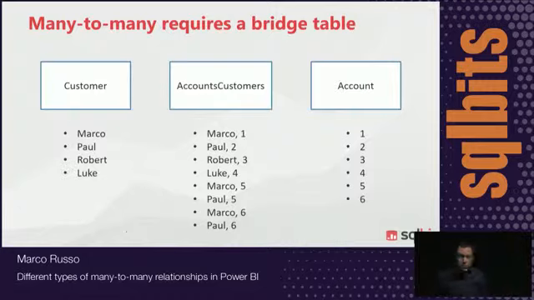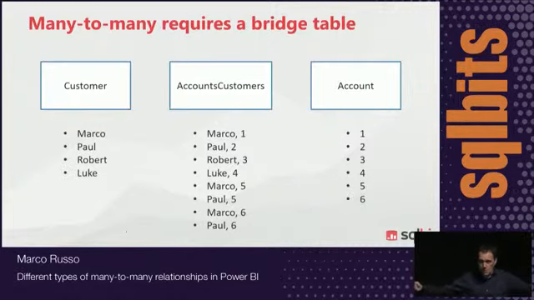If you know dimensional modeling, the Kimball dimensional modeling, in a very ancient time it was called a factless fact table, then it was renamed to a better name, I think, a bridge table. And the bridge table is this table in the middle that acts as a bridge between the customers and the accounts. And even though it doesn't contain any measure, it doesn't contain the percentage, how much of the account is of Marco, Paul, and Robert, and so on, the presence of a row in this table establishes the relationship between